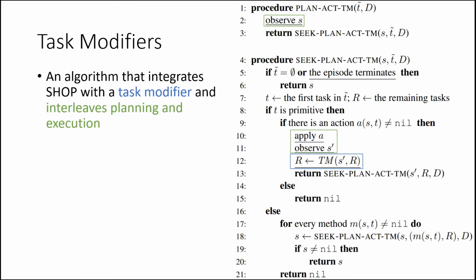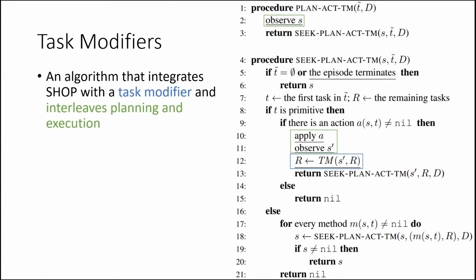Now we show an algorithm that is based on SHOP and integrates a task modifier and interleaves planning and execution. The main differences between the original algorithm and this algorithm are underlined. The main addition to call task modifier is on line 12, and on line 2 and lines 10 and 11,